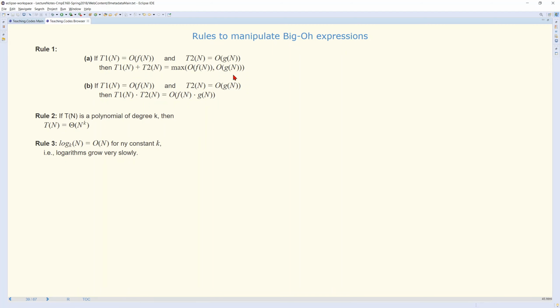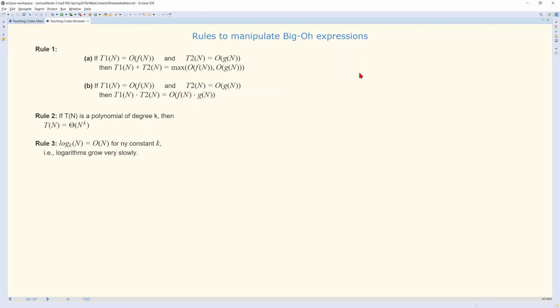So let's talk about some rules to manipulate the big O expressions. Let's look at rule 1, part A. If you have two algorithms with different complexities, T1 of n has complexity defined by big O of some f of n, whatever it is, and T2 similarly is defined by big O of g of n. Now if you look at their sum, T1(n) plus T2(n), that would be the larger of the two big O